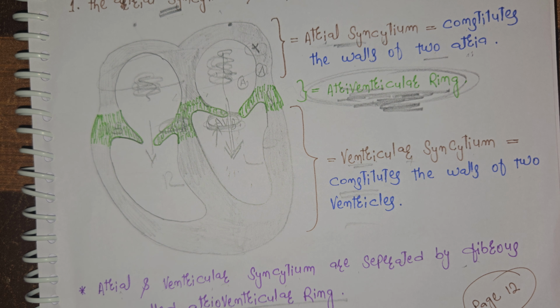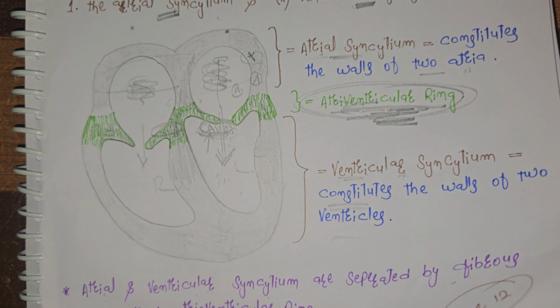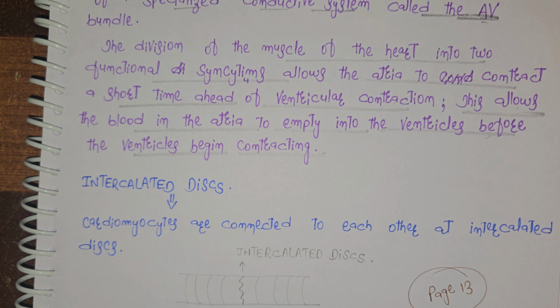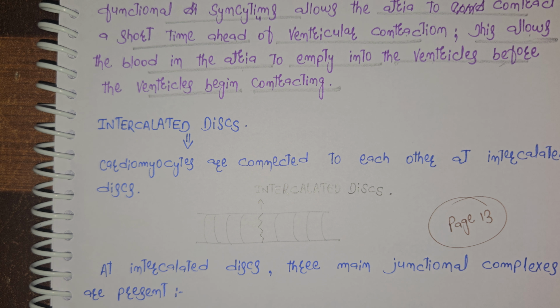These are the five physiological characteristics of cardiac muscle. Now, before we conclude this chapter, this video, there is one important